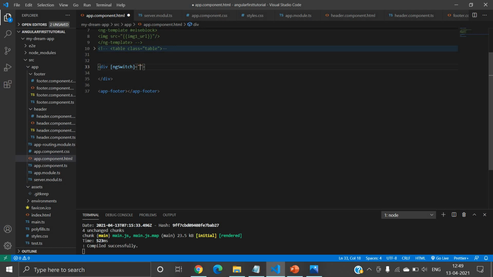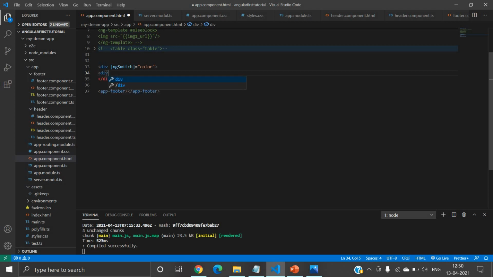So I will assign the value color. This color property will be matched against values. If the value matches, then it will return a true value. If the value does not match, then it will return a default value, right?